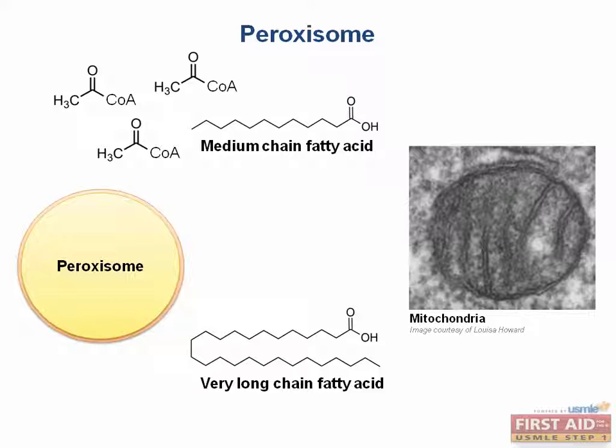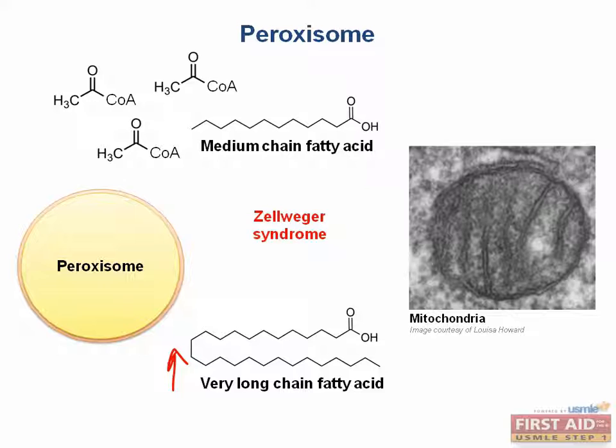So if a patient has dysfunctional peroxisomes, what happens? The main problem is that long-chain fatty acids accumulate, both in tissues and in blood, and can cause neurologic defects. This is called Zellweger syndrome, and it's autosomal recessive. These patients will have defects in neuronal migration and hypomyelination by the time they're born, and after birth can lose